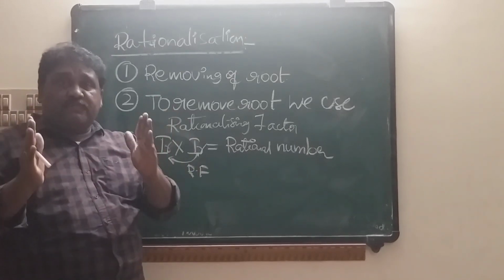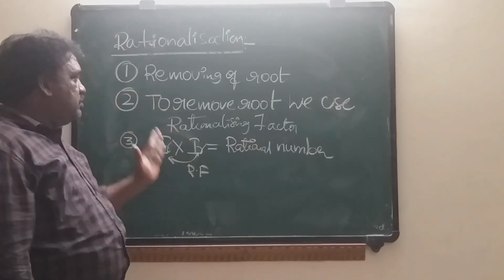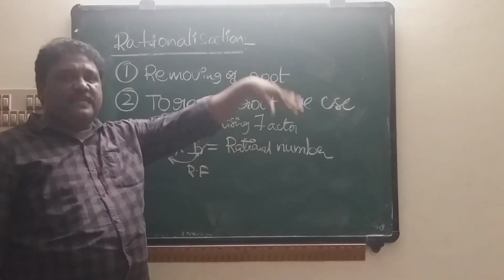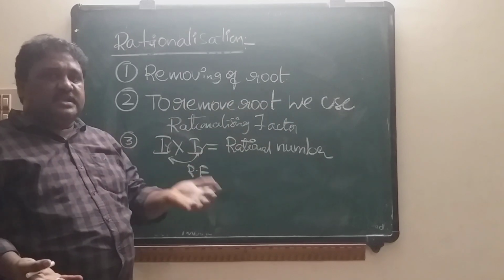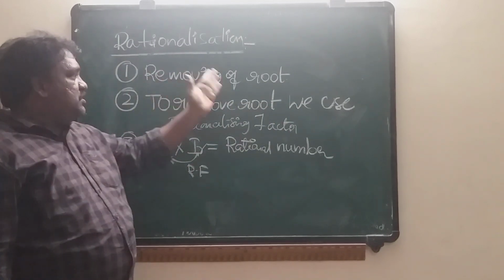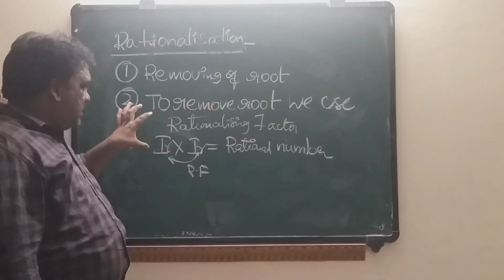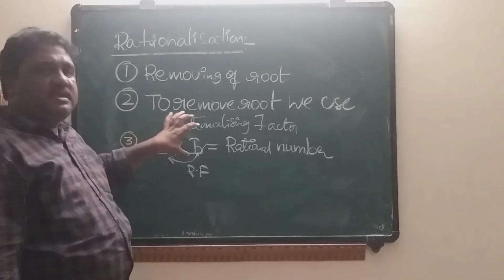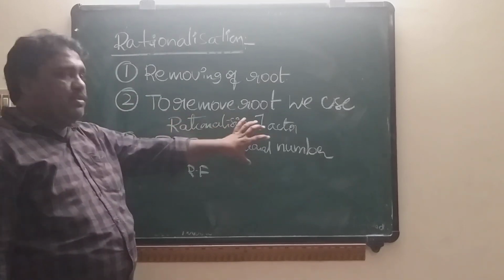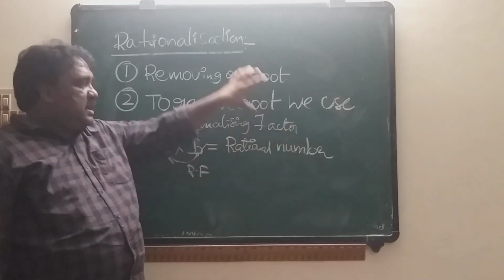What is the purpose of the rationalizing factor? To remove root, we use the rationalizing factor. What is rationalization? Removing of root is known as rationalization. What is the process? Irrational number into irrational number equals rational number. So getting rational